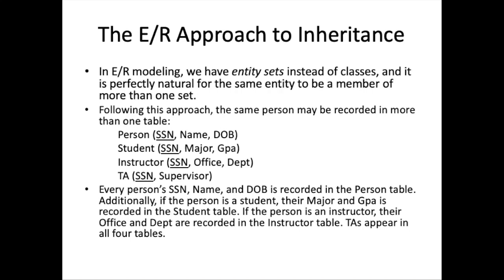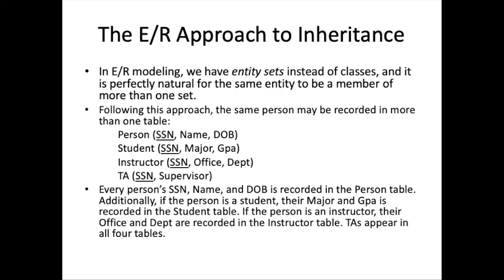Likewise, instructors will also be recorded in the person table. That's where we'll record their name and date of birth. And in the instructor table, we'll just record their office and department. In the case of a TA, the TA is going to be recorded in all 4 tables. We'll record their name and date of birth in the person table, their major and their GPA in the student table, their office and their department in the instructor table, and their supervisor in the TA table. Okay, so